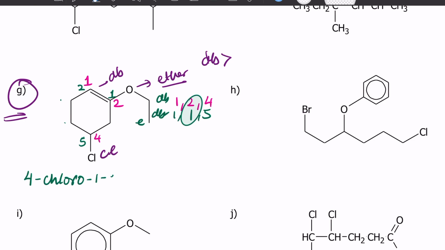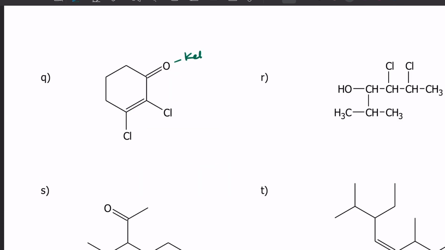5-chloro-1-ethoxy-cyclohexene. Let's look at another example, Q. So we identify the groups present. So this is a ketone, chlorine, chlorine. Ketone is more important than the chlorine. So the lowest number goes to, oh, I forgot the double bond here. The lowest number goes to the ketone, 2, 3. So our name becomes